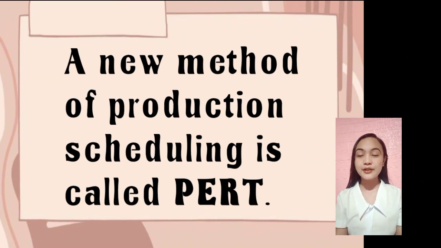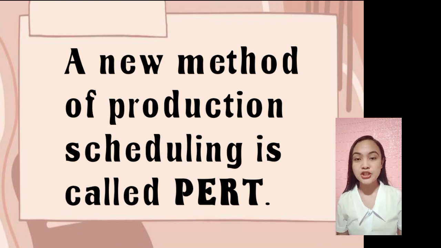And moving on to the next slide, we have here a new method of production scheduling called PERT. PERT was introduced in 1968, like some other managerial techniques, as a planning and controlling technique. The basic analytical device of PERT is a network consisting of a pictorial description of the necessary work. This network is made up of activities and events that comprise a project. An activity is shown by an arrow, an event by a circle, and the former represents work required to accomplish an event. And estimates of time to complete each activity are indicated on the network.